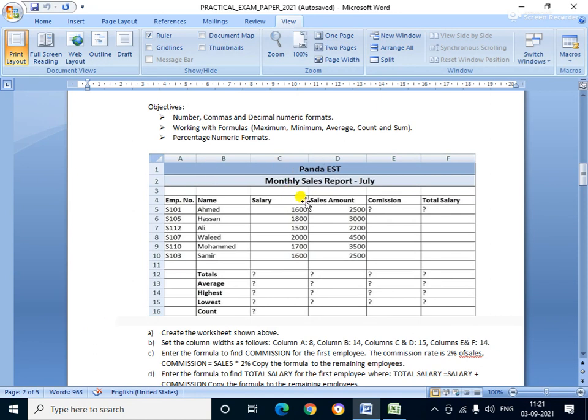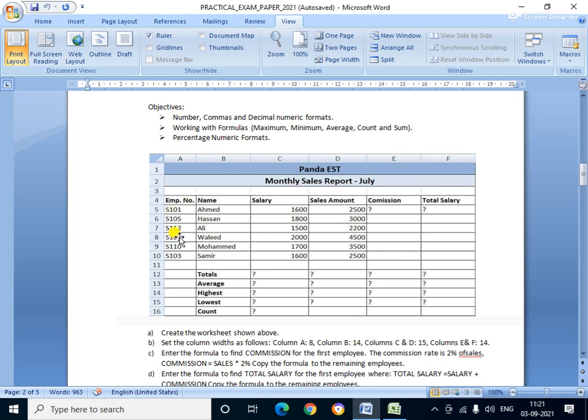It is from Microsoft Excel, and the objectives are number, commas, and decimal number formats. The second one is working with formulas: maximum, minimum, average, count, and sum, and the percentage numeric formats. This is the Excel sheet, all of you can see it, correct?